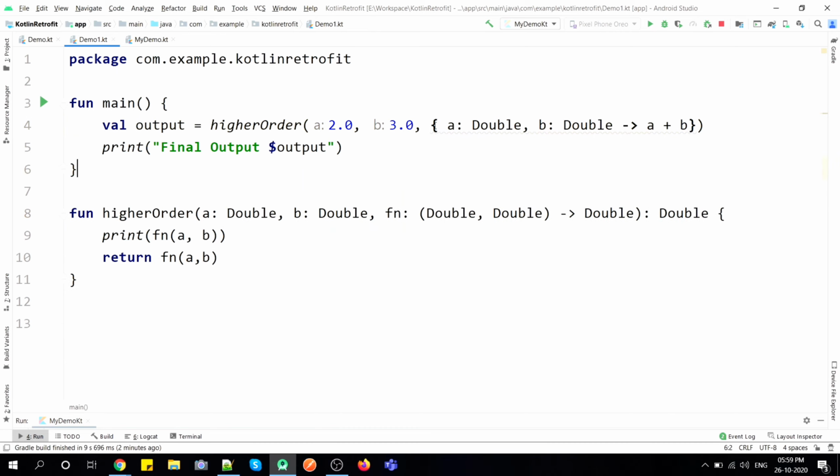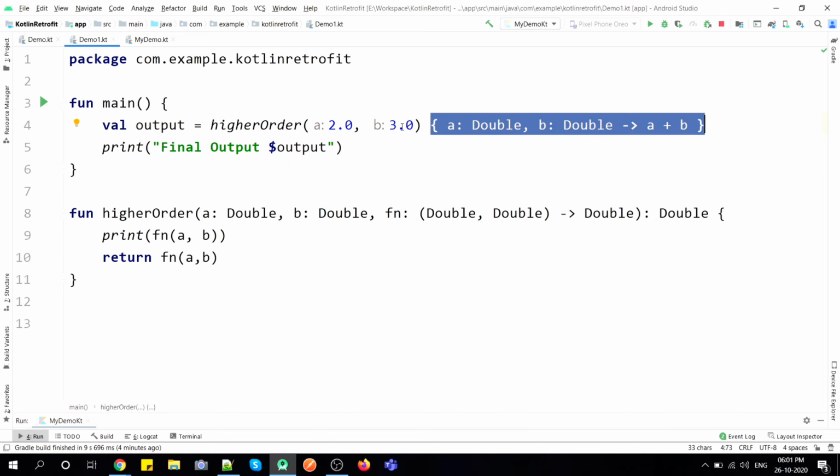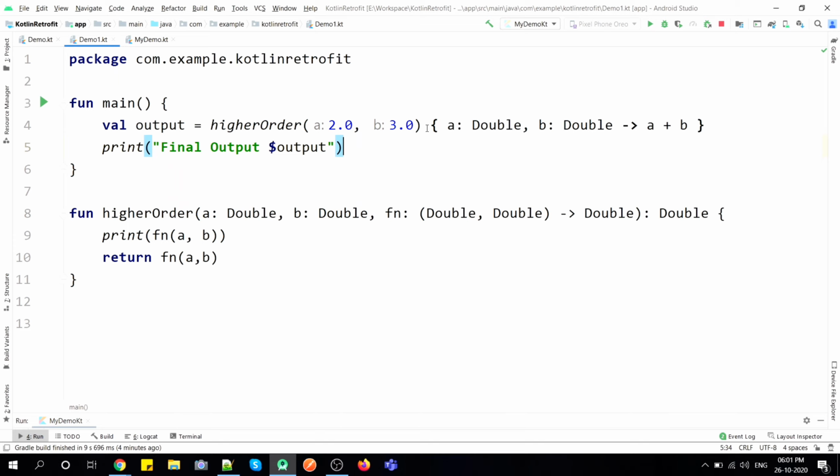We are directly passing our lambda function into this higher order function, and this will work perfectly fine. Now one more thing I need to tell you: if we are passing any lambda function inside a function, and if that lambda function is our last parameter, then we can simply remove that lambda function from the parameter list and paste it outside. This is the recommended way to write a lambda function and pass it to a function. Kotlin says if your lambda function is the last parameter of any function, then you can take it out of the parenthesis and write it separately for the sake of simplicity.